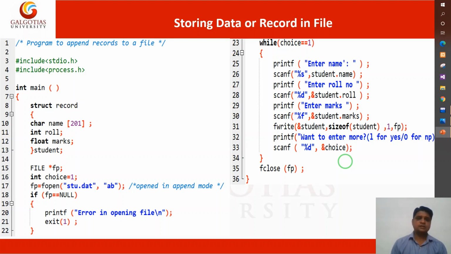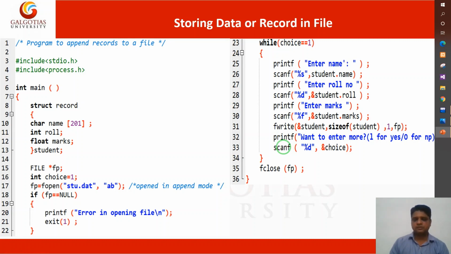So we will have to understand all the things with the help of the previously learned functions. We have already discussed the fseek function, ftell function, rewind function, fread function, fwrite function, fprintf function. A lot of functions we have already read for input output operations, and we will use these functions in our programming section, to see how to perform these important operations. So my first program for you: program to append a record to a file.